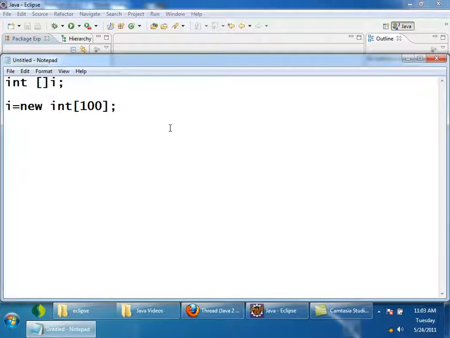But suppose I declare an array of size 100 and store only 10 elements inside it, don't you think 90 spaces are wasted? And if I create an array of size 100 and want to add more than 100 elements, again it is not possible, right? So will it not be good if I can add elements into an array dynamically?